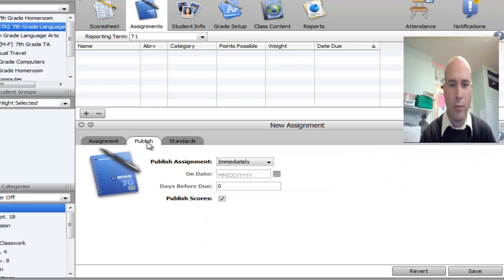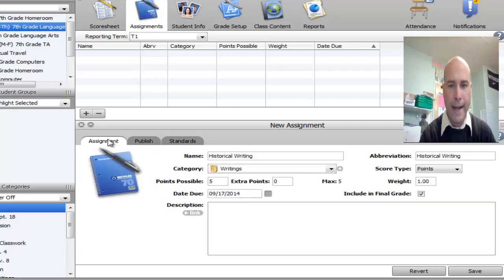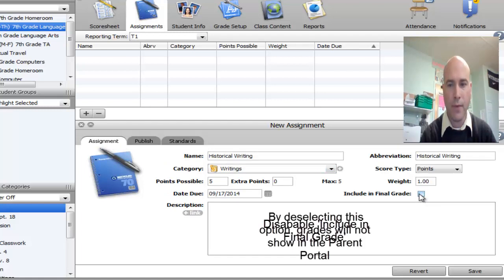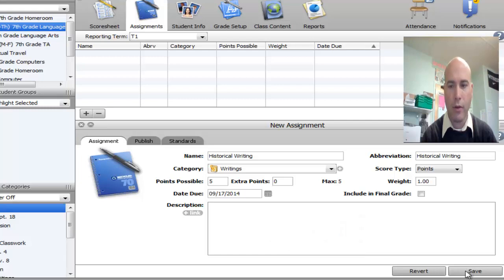Okay, when you go to publish, you can publish scores immediately, or you can change it. That's up to you. Okay, but one of the things I want you to notice is on the assignment tab, if you uncheck include in final grade, that will limit assignments from showing up in the parent portal. So I'm going to hit save,